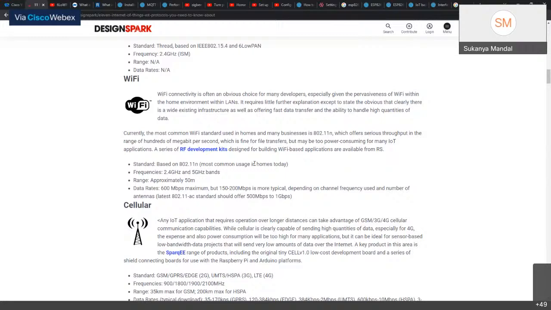Currently, the most common Wi-Fi standards used in homes and many businesses is 802.11n, which offers, or nowadays we also have 802.11ac, I believe, which offers serious throughputs in the range of hundreds of megabits per second, which is fine for file transfer.